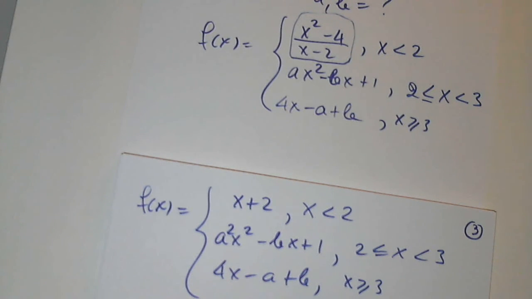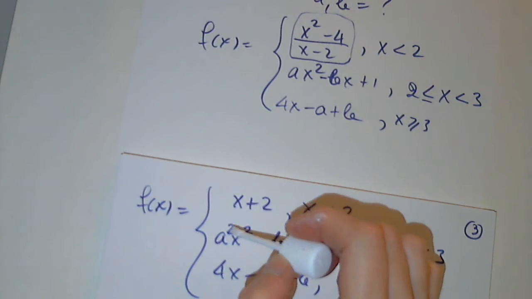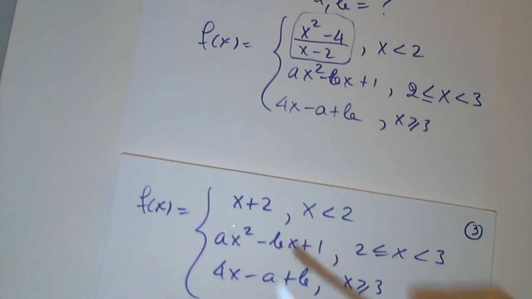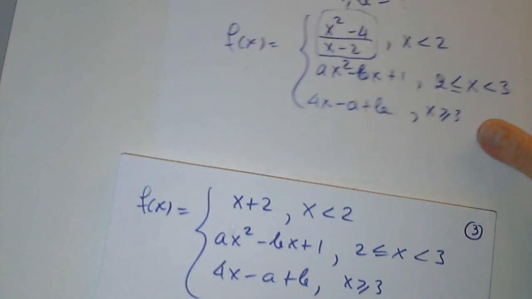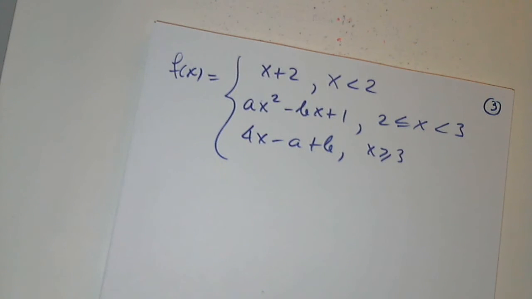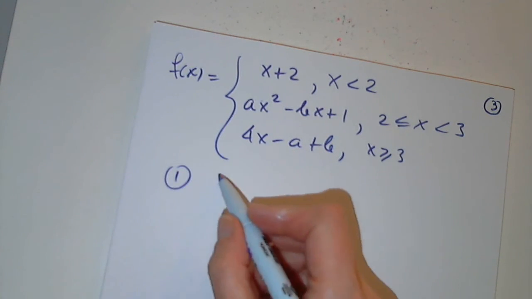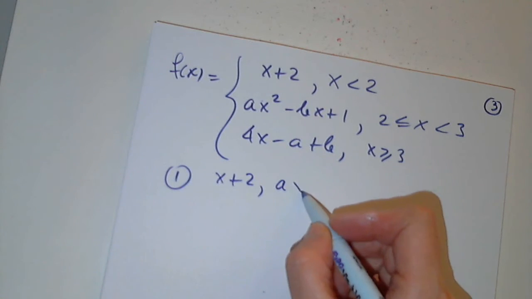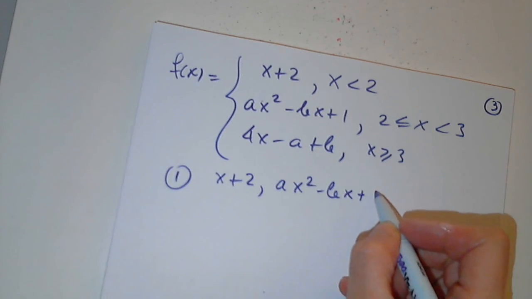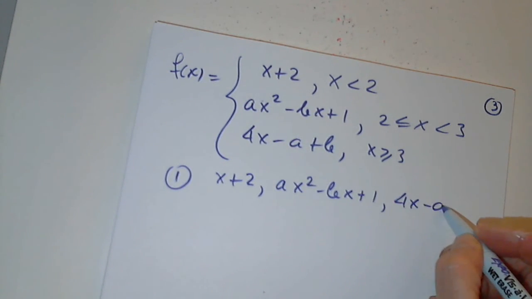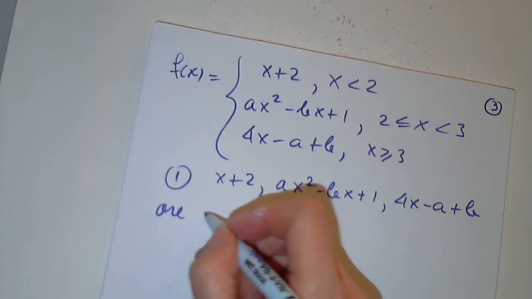And I make my correction now. Okay, perfect. That was the starting point. I realized that that fraction needed attention, and the attention it needed was to be simplified: just factor the top and simplify. Step number 1, I have to write that x plus 2 as well as ax squared minus bx plus 1 as well as 4x minus a plus b are